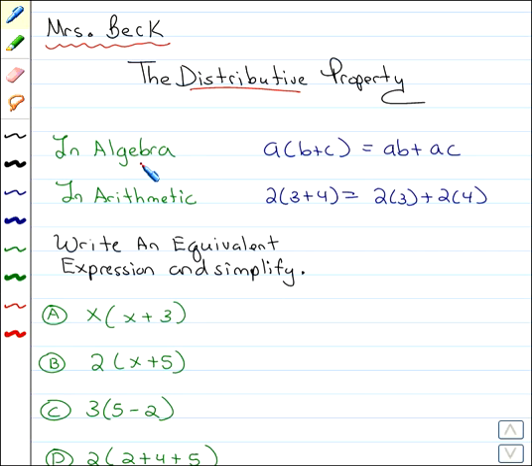Today we're going to talk about the distributive property. In algebra, the distributive property says that we can have A times B plus C, and all we're doing is multiplying the variable on the outside of the parentheses times each term on the inside,